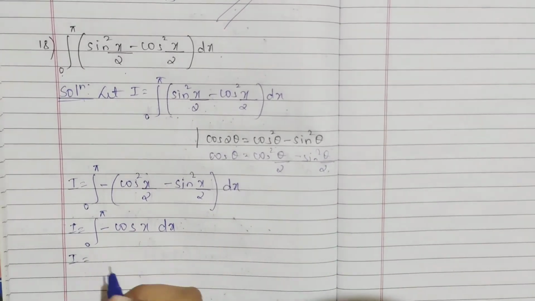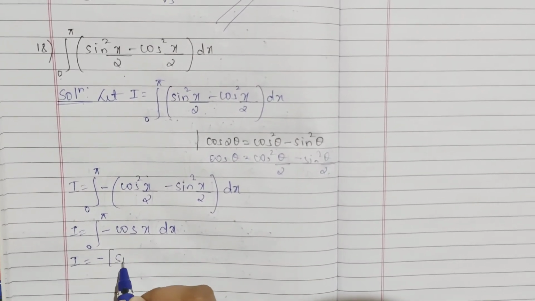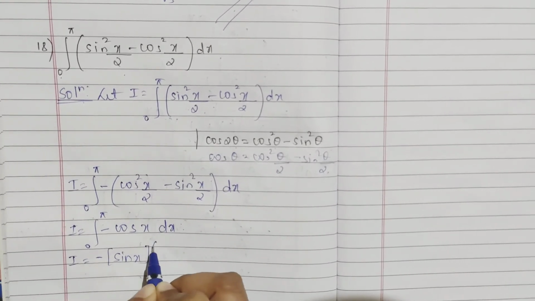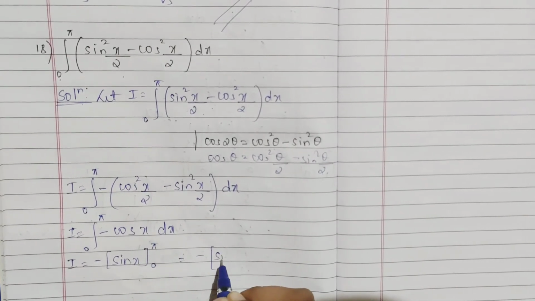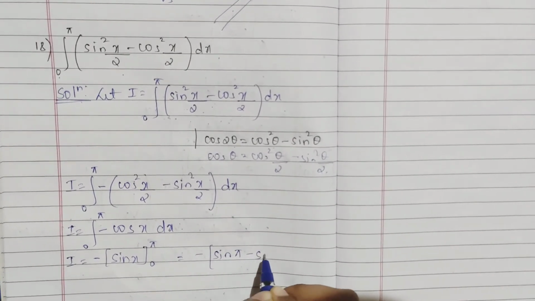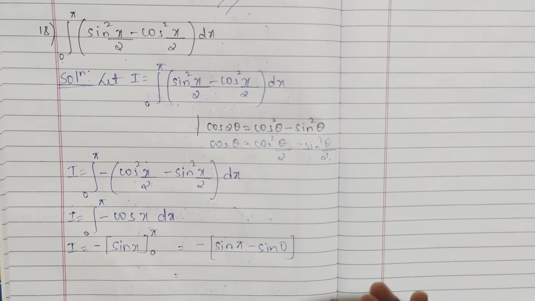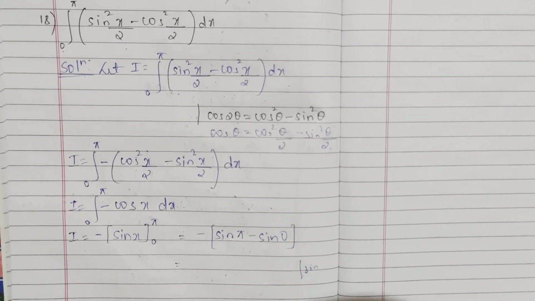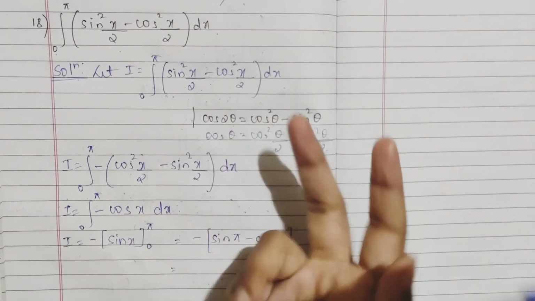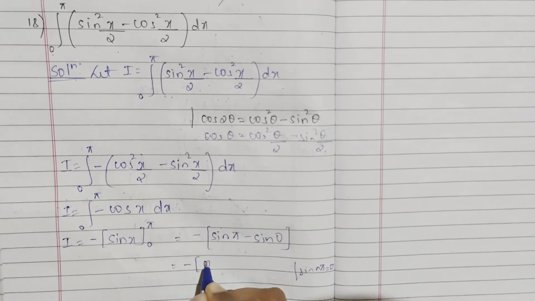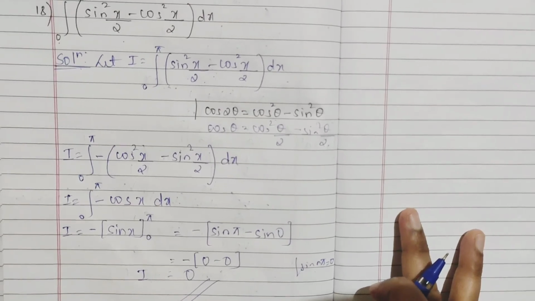So now integrating, keep your minus sign outside. You have to integrate your cos x. Cos x integration is sin x and your limits are 0 to pi. Now apply your limits. Here, on the right, minus, first upper limit sin pi minus lower limit sin 0. As I have said, sin pi is obviously 0. Sin n pi is usually what? Sin n pi value is equal to 0. So sin pi, sin 2 pi, sin 3 pi, everything with pi will be 0. So sin pi 0 minus 0, everything. So you will get I as your answer 0. I hope I am clear for you this much.